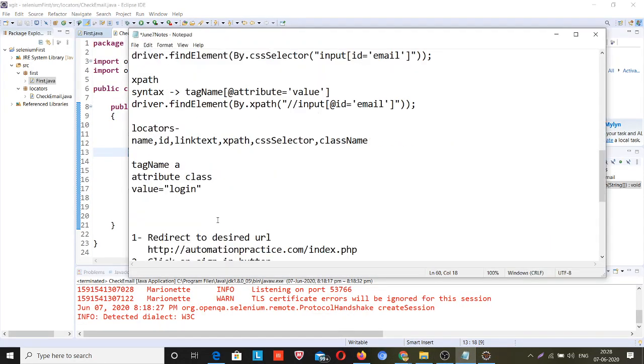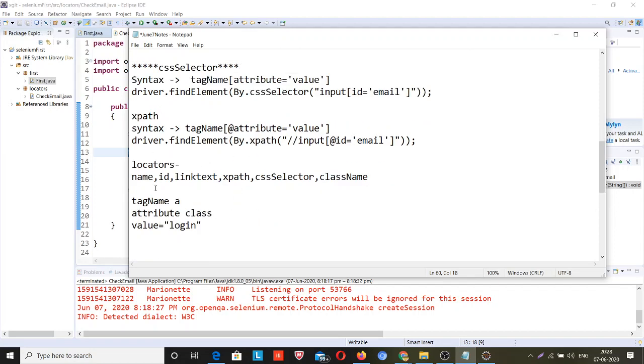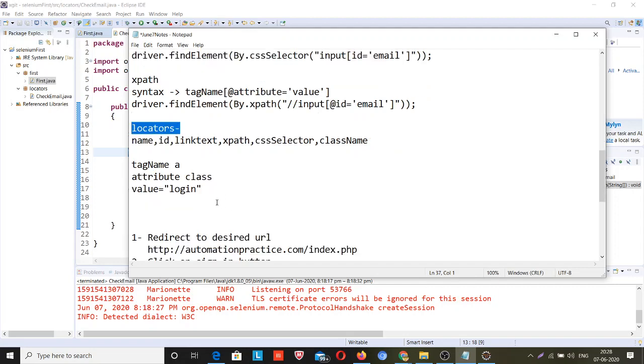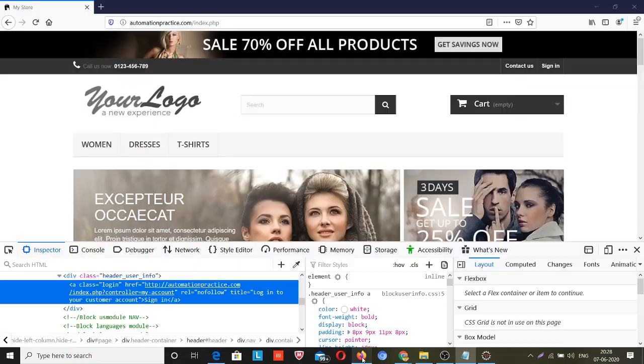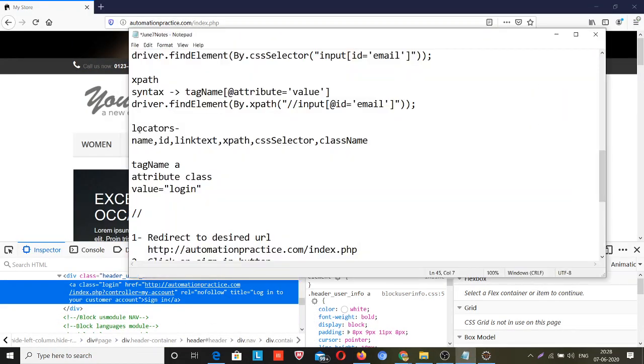So now I will make a locator. Let me write the syntax. I will do this task using locators, because name is not present over here, so I can't use the name locator. id is not present, so I can't use the id locator.